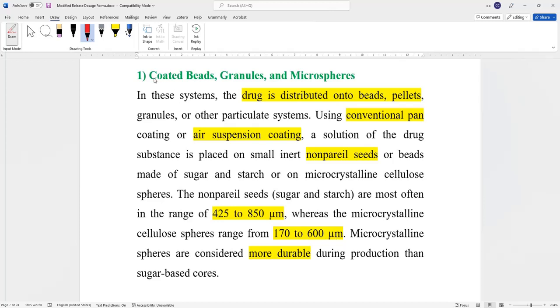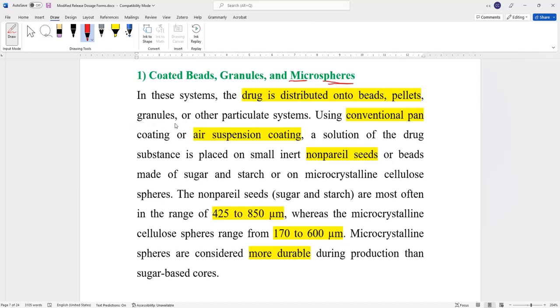The first example, what we call اللي هو coated beads, granules and microspheres. Beads يعني خرزات. It's similar to spheres. When we say microspheres, first we are talking about spherical things, and they are in micrometers, يعني small. But let's see what we are talking about here. First, when we are talking about beads or pellets, خرزات برضو, pellets,